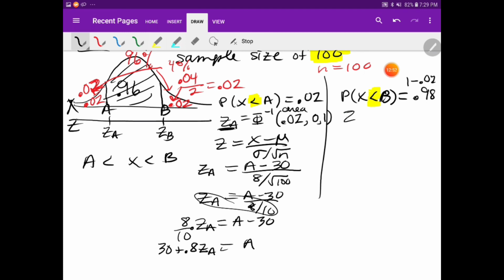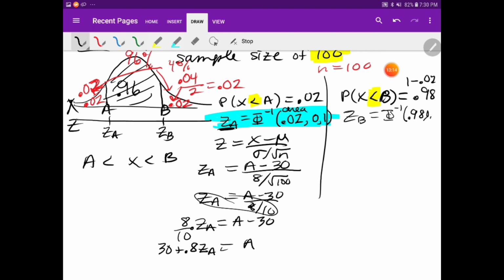ZB, which is the z-score for B, would be inverse normal. So I'm going to use inverse normal on this, 0.98, comma 0. Oops, that's funny. Okay, let me do a little correction here. See this right here? I'm half in calculator notation, and half in